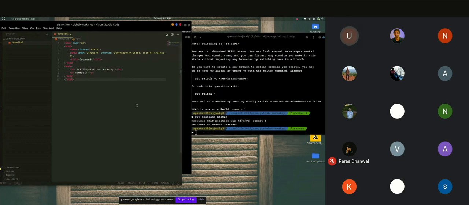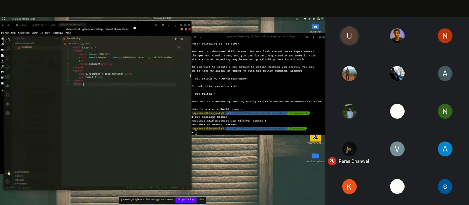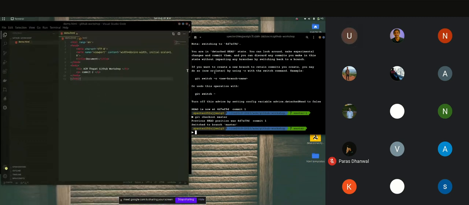Understood? What Git basically does is it stores snapshots of our code at particular instances of time, so that if at any instant we need to go back, or after we complete a task successfully, we save that particular part of our code. If any changes we make in the future make the entire thing go wrong, we can revert all those changes and go back to the state at which we want to work again, right? So this was git add, git commit. Now I want to come to what is known as branching.